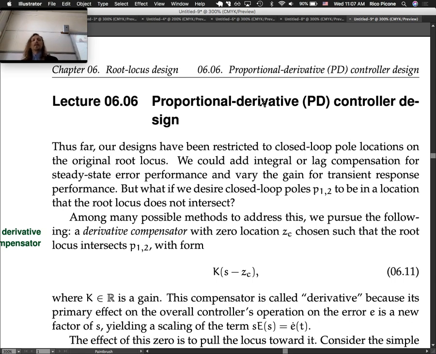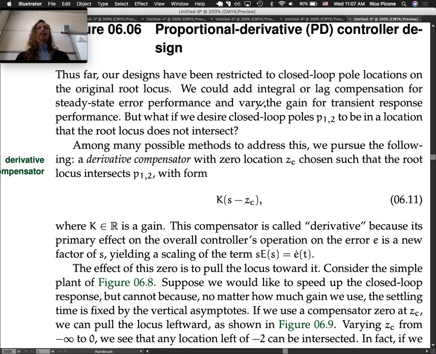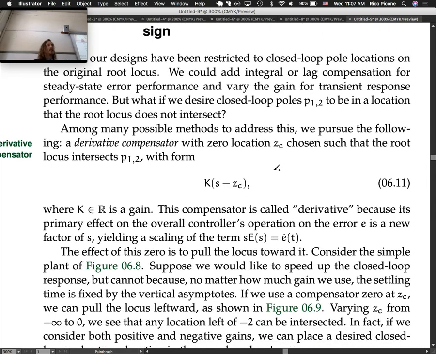Okay, so among many possible methods to address this moving of the root locus around, we pursue the following. A derivative compensator with zero location ZC chosen such that the root locus intersects the closed loop pole location that we desire with form